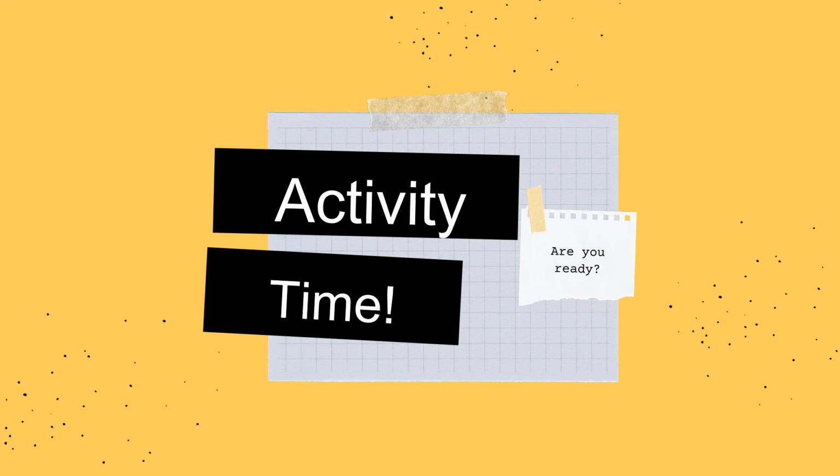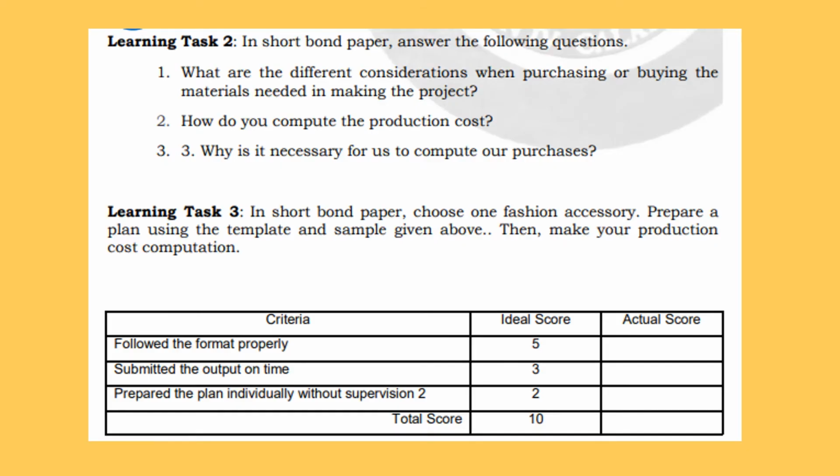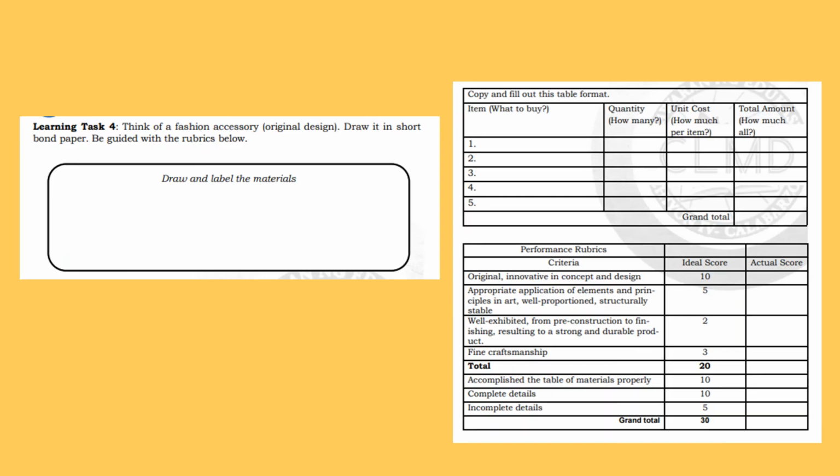Activity time. Without supervision, 2 points. Total score is 10. For Learning Task 4, think of a fashion accessory, original design, draw it in short bond paper. Be guided with the rubrics below. Copy and fill out these